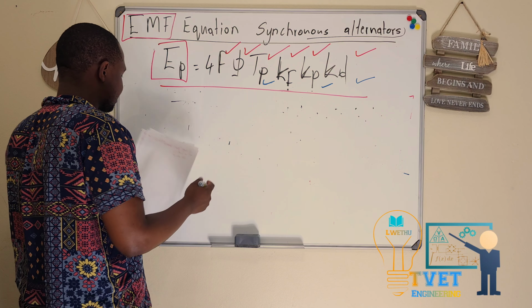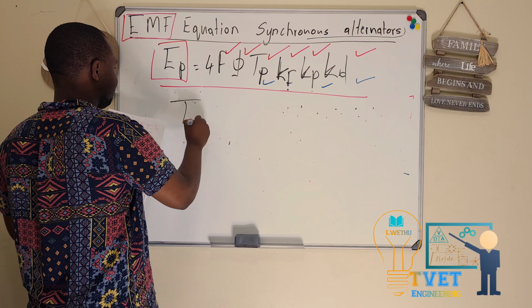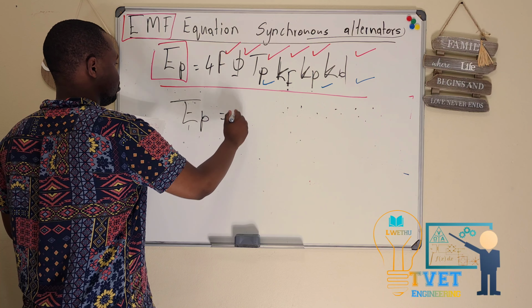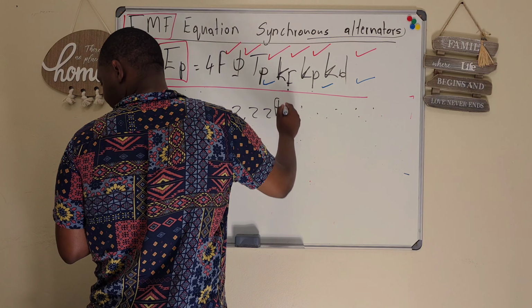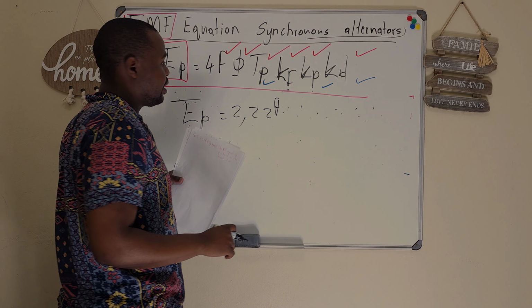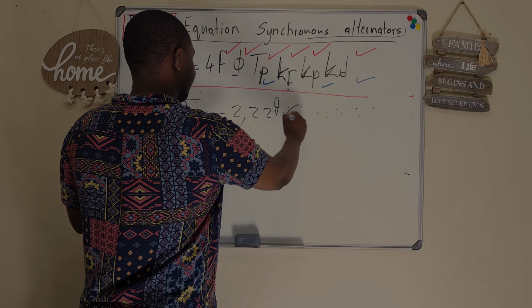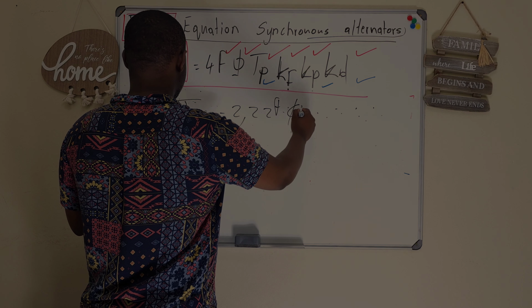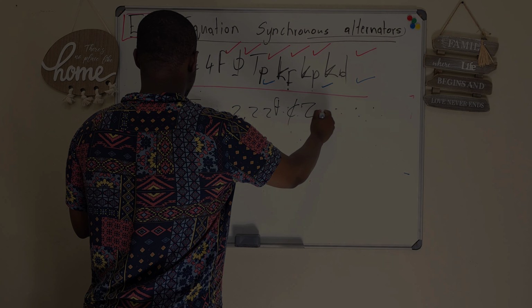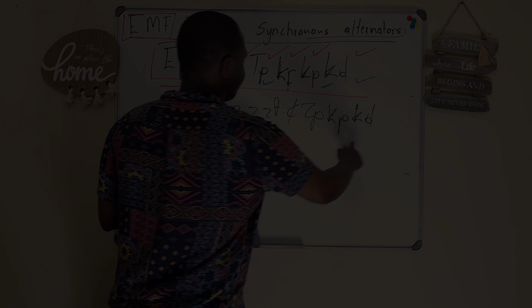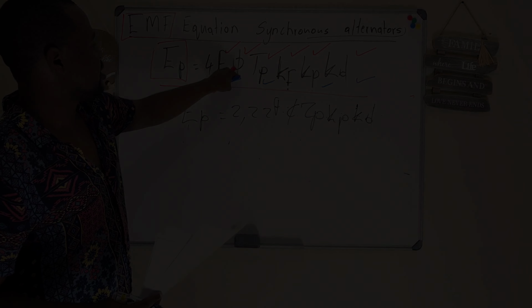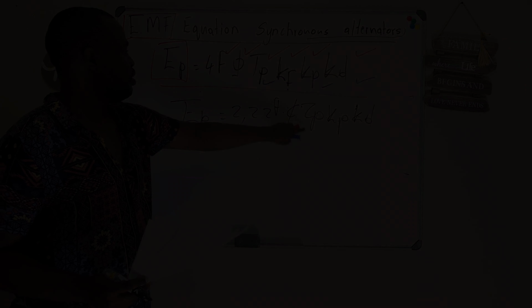In your formula sheet, you'll see it written as Ep equals 2, 2, 2, f, flux, Zp, Kp, Kd. The only difference between this formula and this formula is that you don't need to find Tp here, you just find conductors per